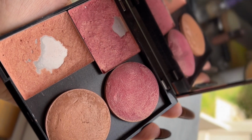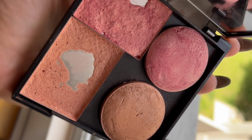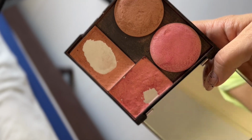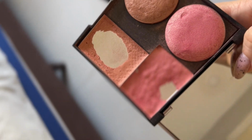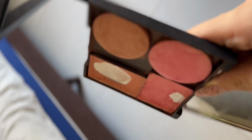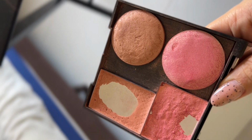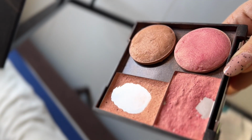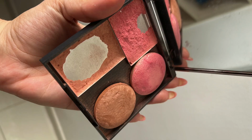What I wanted to do was make sure to have more products on this palette. On my last update, I showed you guys that the glow cream base was empty and that I had a lot of progress in the blush and bronze powder, but that I still had a long way to go. And then the super glow, I said that it was too yellow and that it was taking me forever to finish. So I decided to repress it, even though it had a pan, the super glow,